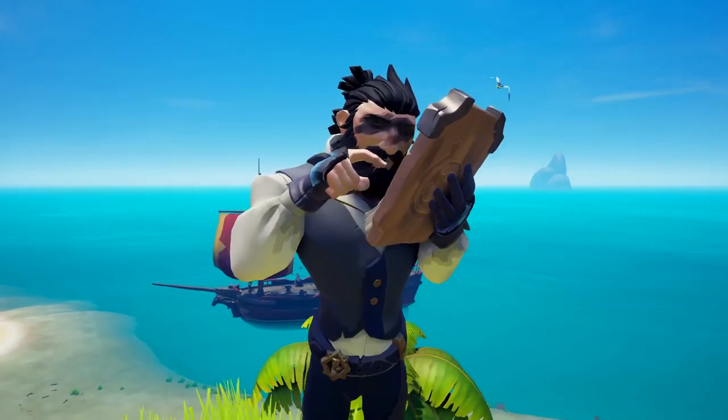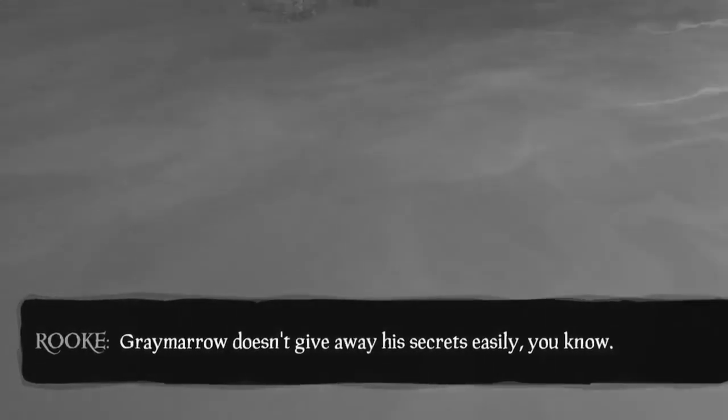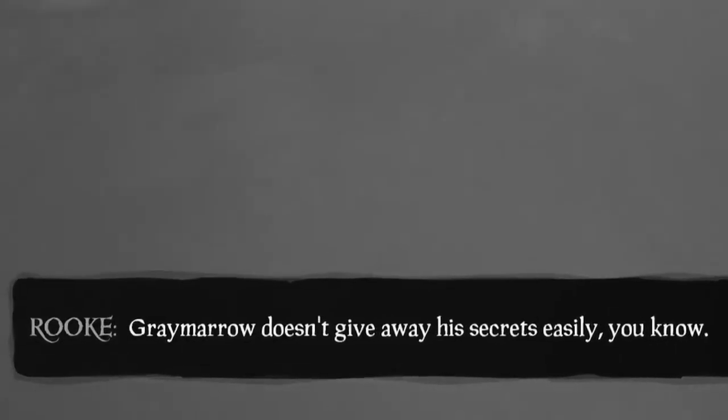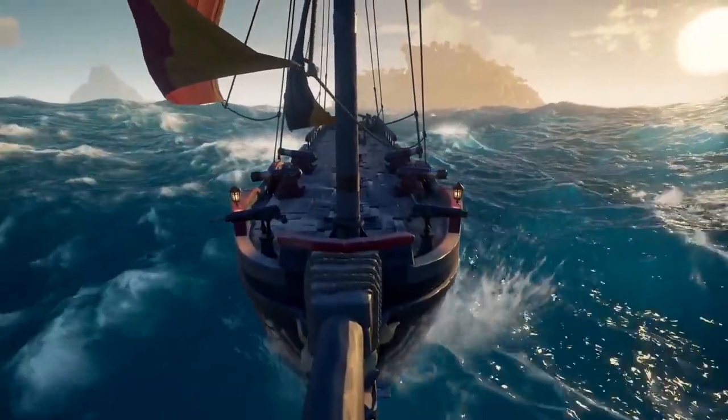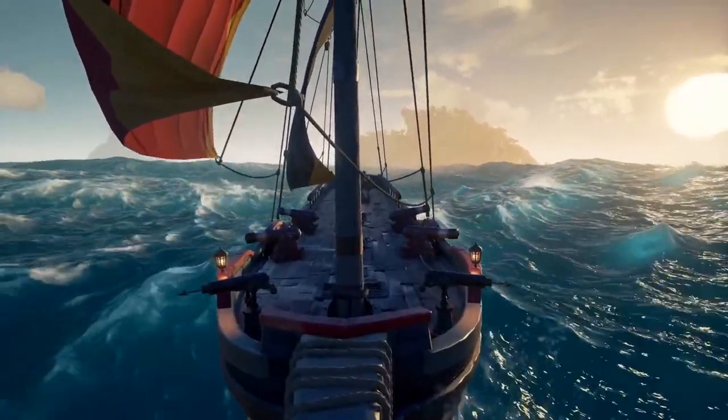Wait, what does that have to do with us trying to summon Grey Marrow? Right, Grey Marrow was the weirdo who taught Briggsy how to do the soul stuffing in the first place, so it is reasonable to assume that finding their souls is going to help us track him down